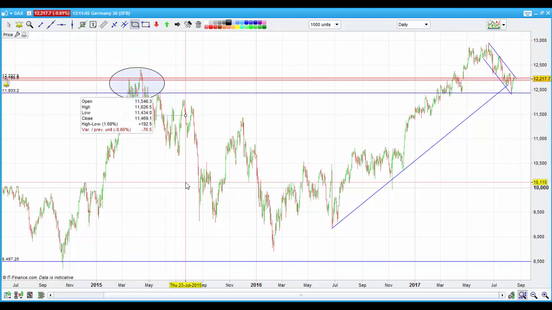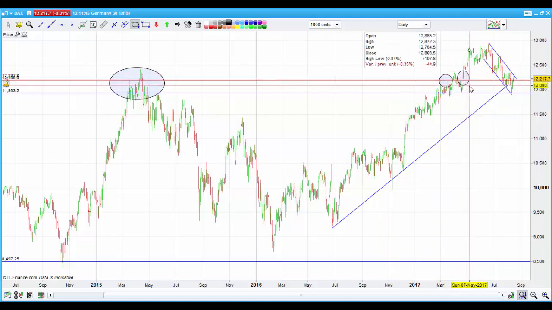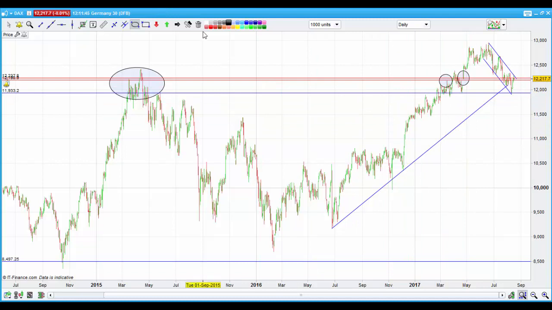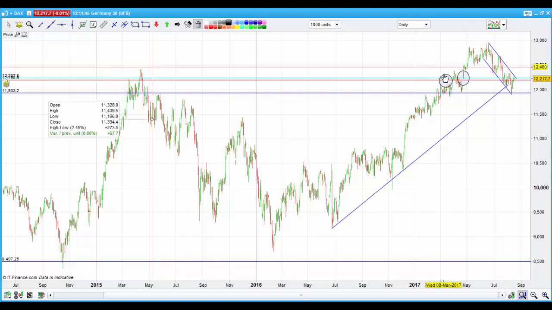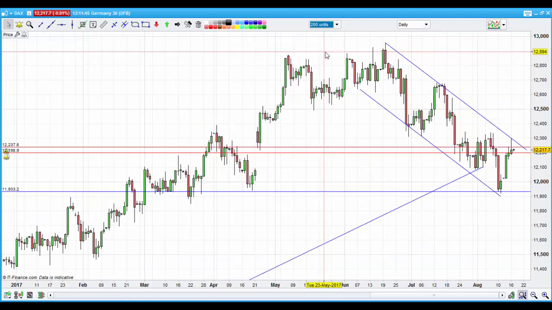And then we've got areas here, here, which is a gap, which for me is something that I like. So we've got a level there. We've got a down trend line in the form of the trend channel. We also have a rejection candle at the trend line,